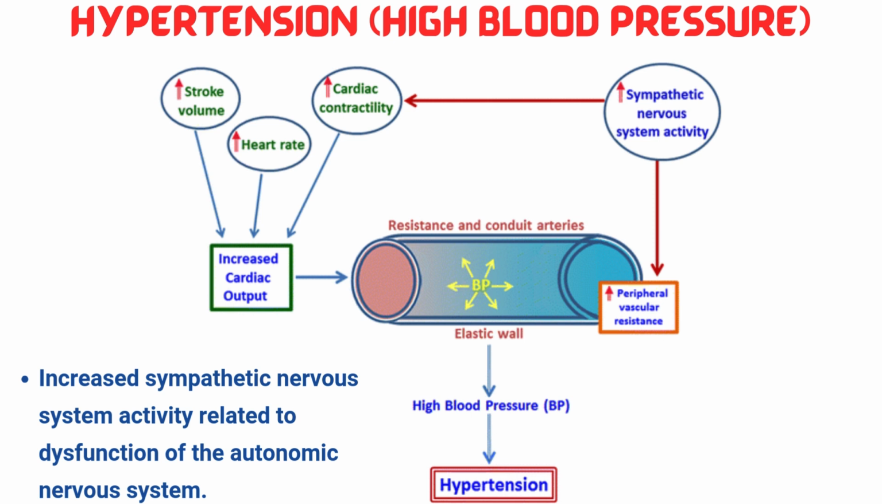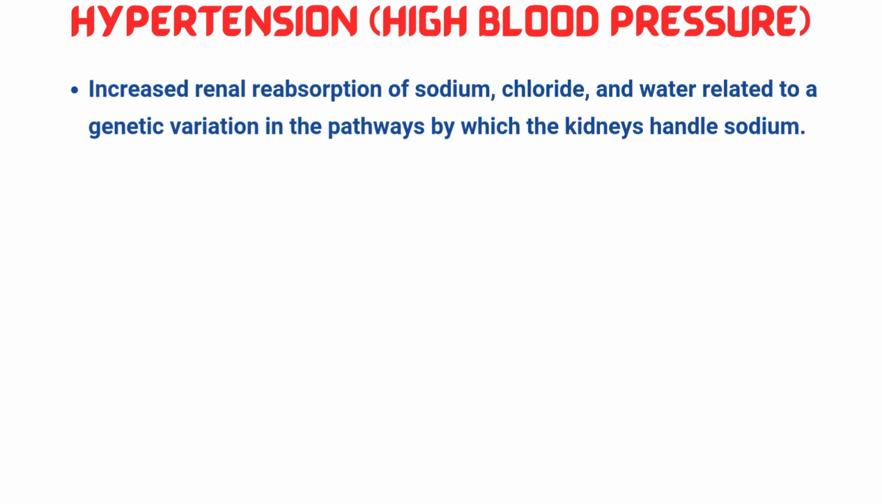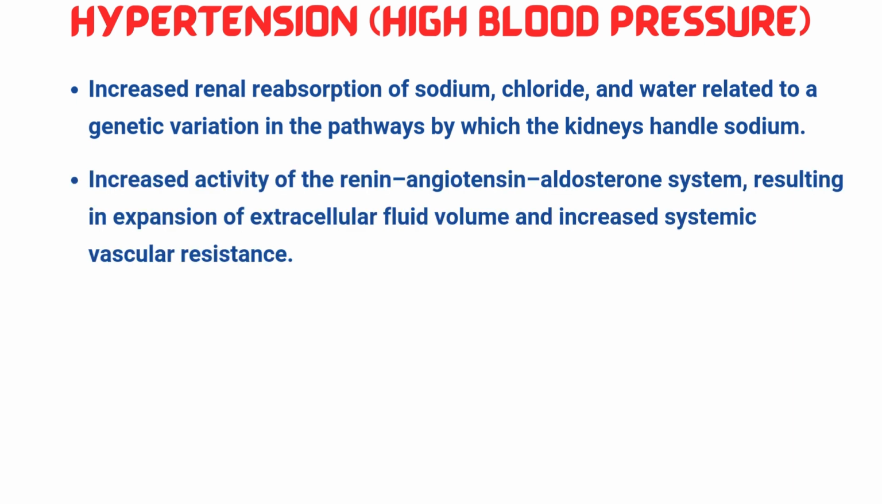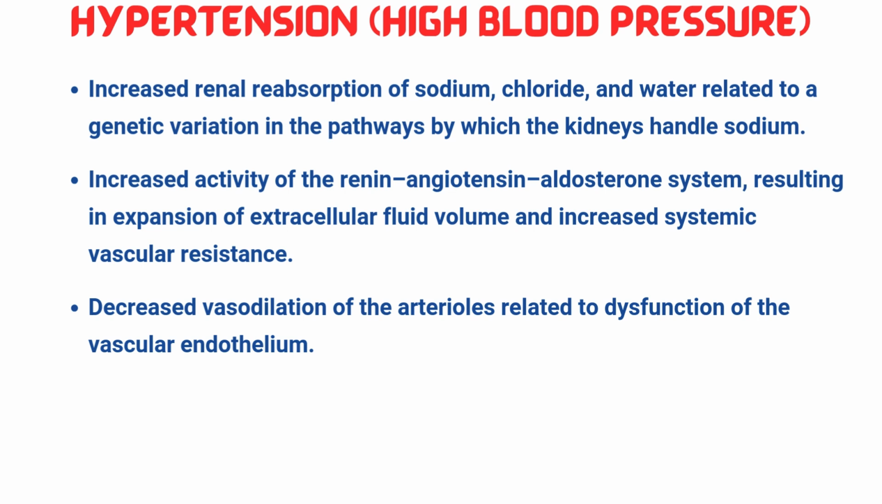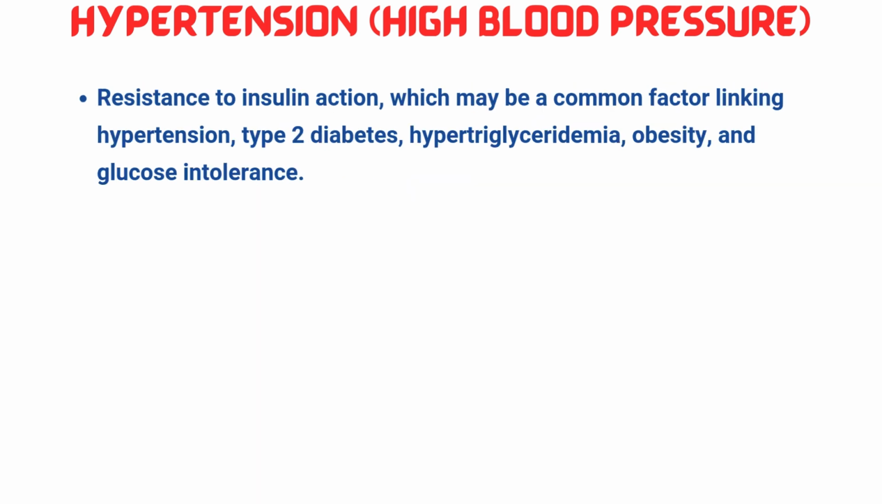For high blood pressure to occur, an increase in peripheral resistance and/or cardiac output must occur secondary to increased sympathetic nervous system activity related to dysfunction of the autonomic nervous system; increased renal reabsorption of sodium, chloride, and water related to a genetic variation in the pathways by which the kidney handles sodium; increased activity of the renin-angiotensin-aldosterone system, resulting in expansion of extracellular fluid volume and increased systemic vascular resistance; decreased vasodilation of the arterioles related to a dysfunction of the vascular endothelium; resistance to insulin action, which may be a common factor linking hypertension, type 2 diabetes,